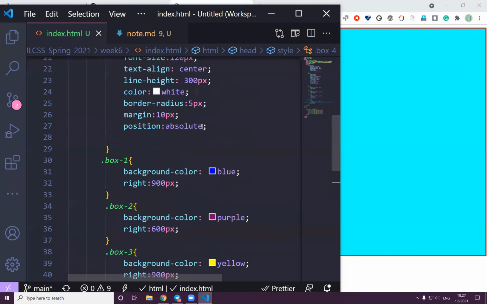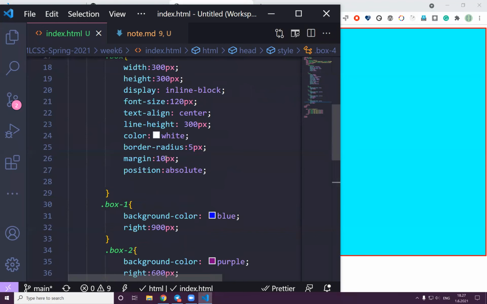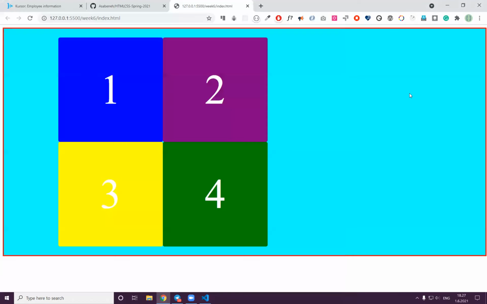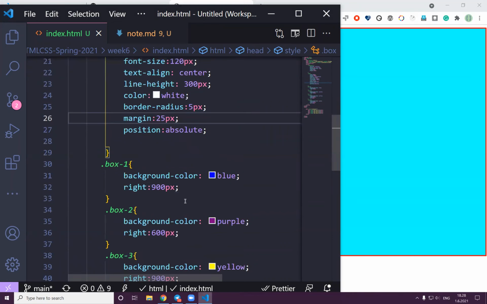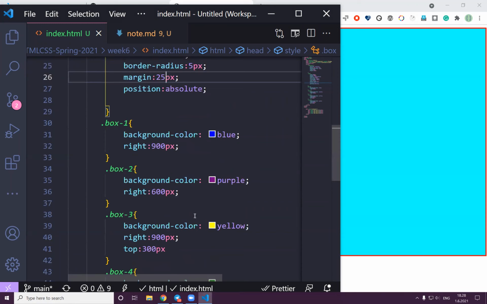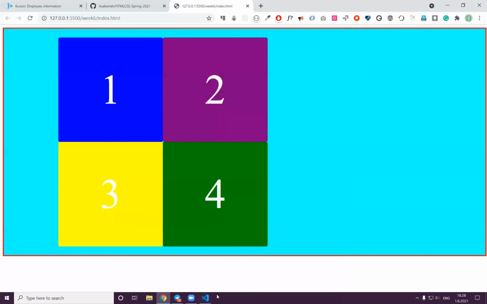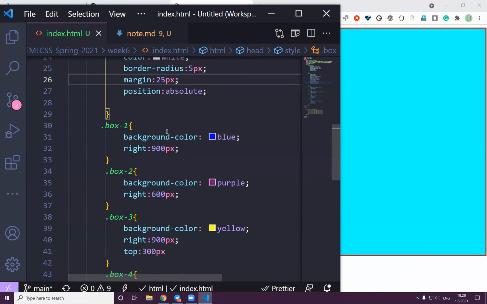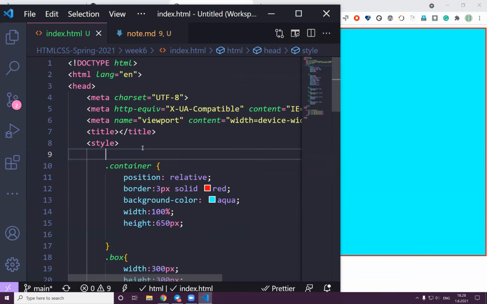If you want, you can still add a margin, by the way. As you can see, the margin is so small. How about if we add 25 pixel margin, but still it doesn't have an effect, because this margin has been overridden by these properties, the right and top and bottom properties. So after that, what kind of properties do you have? I have to show you somewhere. So the properties you have actually,